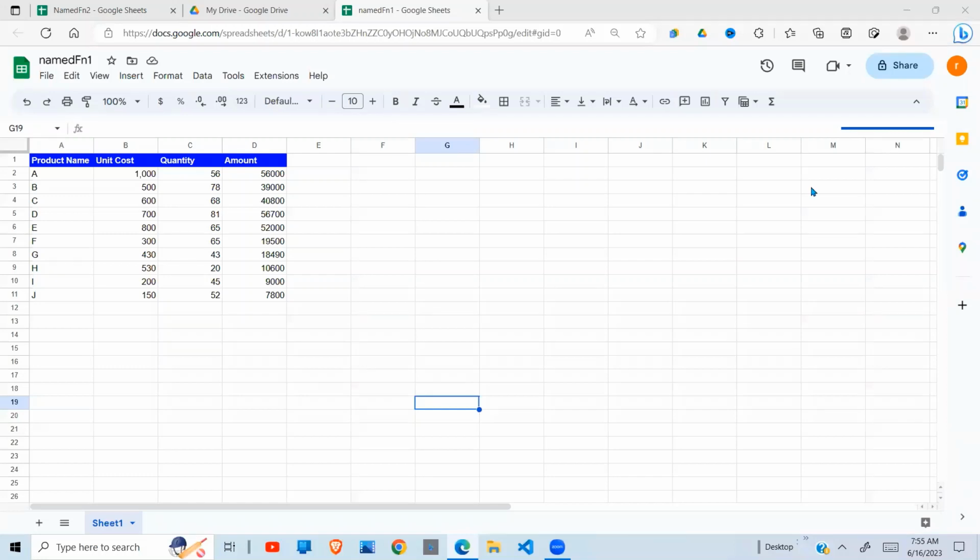Welcome to yet another video, and in this video I'm going to look at named functions. In a previous video I looked at named ranges, how we named our ranges and how we could use them in formulas. So in this video we're going to look at named functions. In Google Sheets, this is a new feature that was introduced, and the purpose of this is to define